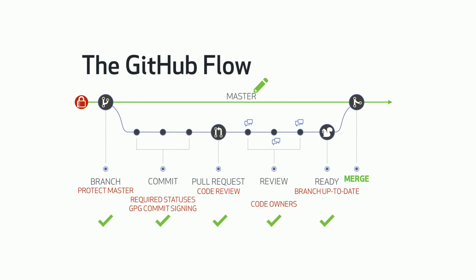GPG commit signing is basically trying to satisfy a known loophole or vulnerability in Git itself. And what it does, and Matt's going to talk about it later, is it just validates the identity of the person who's pushing their code, okay? And so we can say confidently that the developer who pushed this code was in fact the author, right? Not somebody else who's claiming to be that developer and signing that commit as such. And so that reflects in the UI that all your commits have been validated, that they're check marked, that this has been actually developed by the person who says they developed it, and that's a nice thing when you're looking back to make sure you're not introducing vulnerabilities or possible attack vectors.